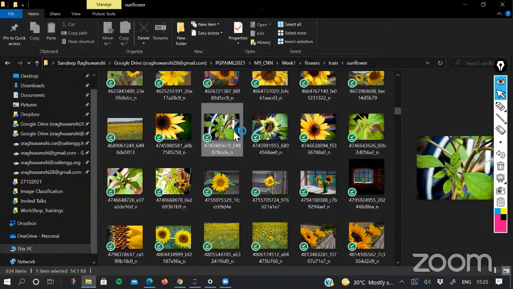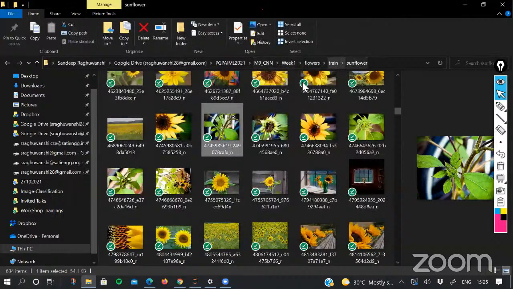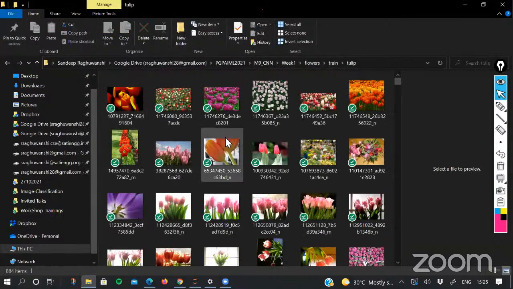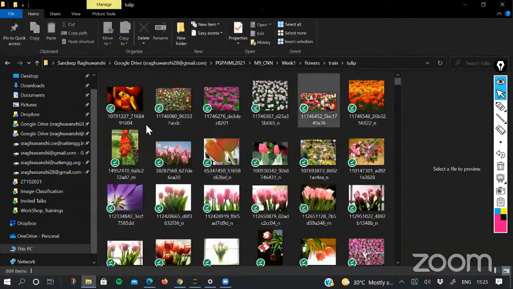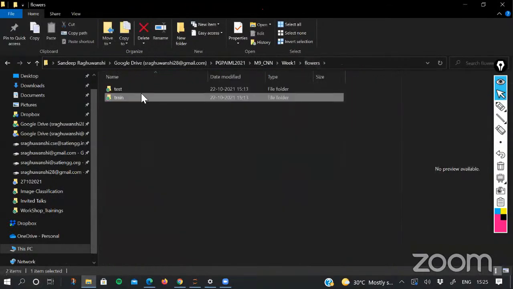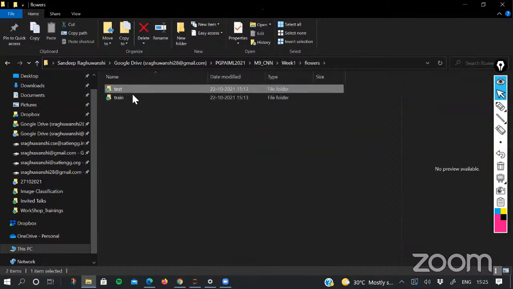And there are certain images in which you can't see any flower. Then tulip. So I have this flower data, in which I have 2 folders. One we will use for training and the second we will use for testing.